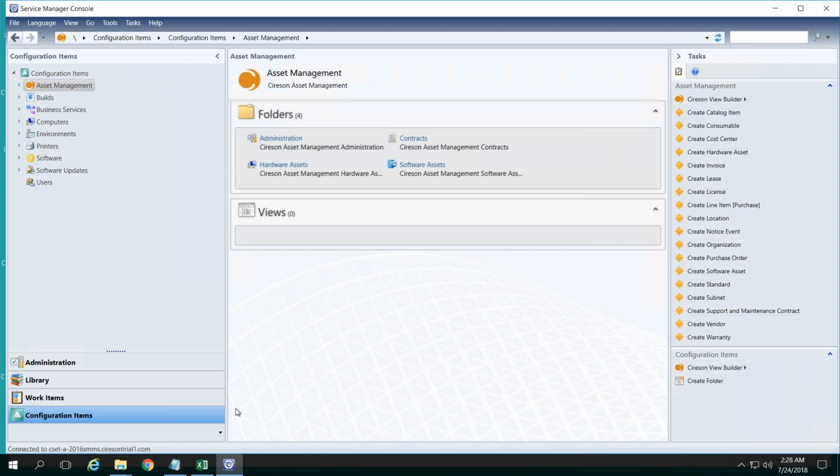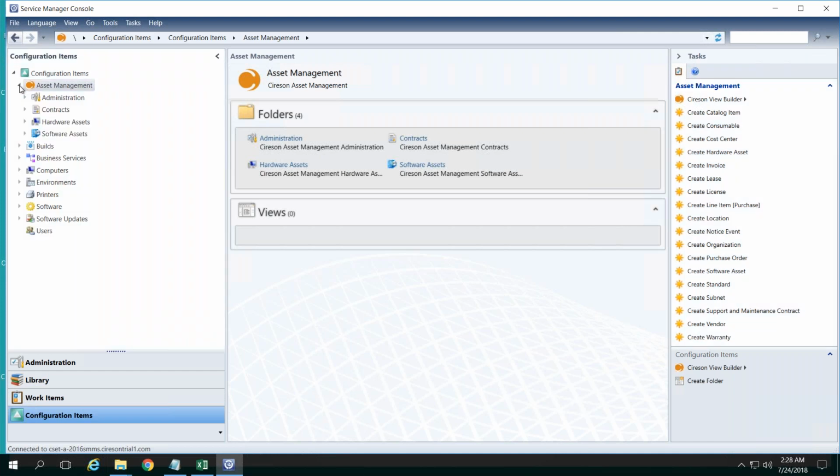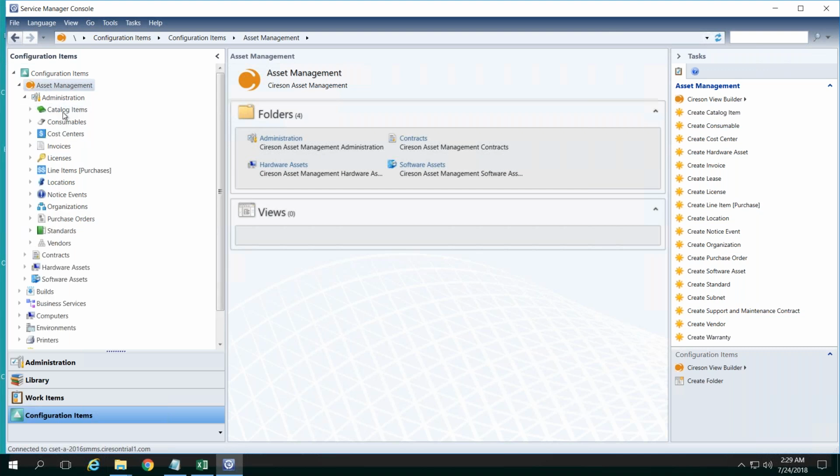the asset management solution here. Hopefully everyone can see my screen. What you see here is the System Center, or I should say the Service Manager, out-of-the-box console, in the configuration items workspace. When you install the asset management solution, it is going to create a folder called Asset Management. Under there, there are going to be four folders: Administration, Contracts, Hardware, and Software Assets. If I expand, these are my different